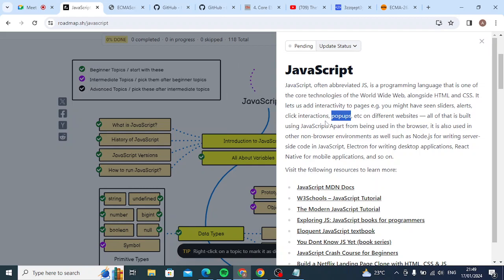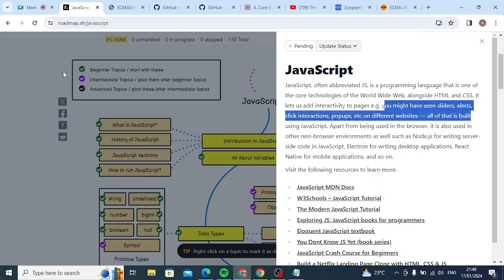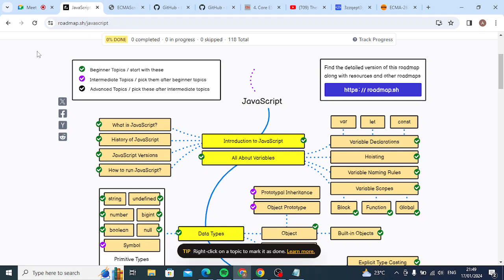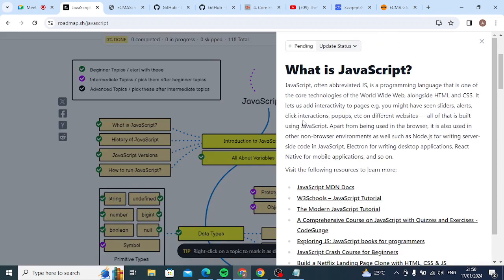Correct? So, it was actually mainly designed to work within the browser itself. And especially it is called a client-side scripting language. What is client? If I am using this website, I am actually using this website via the browser. Browser is a program, and that is called a client. Yeah, JavaScript is also called a client-side programming language. Why? Because it works on the client side, which is like a browser. Yeah, so main intention was that.